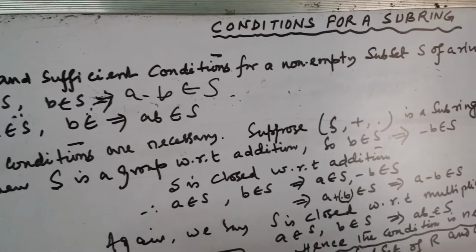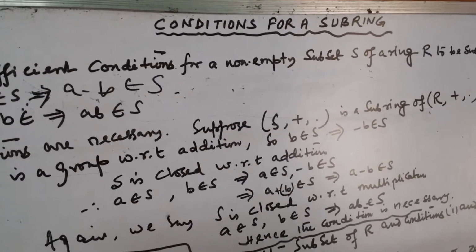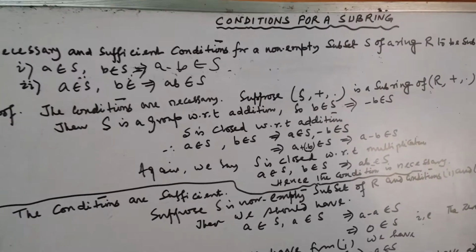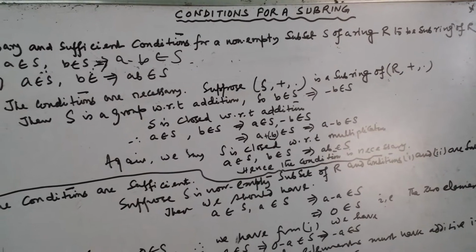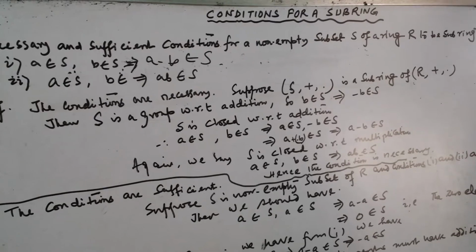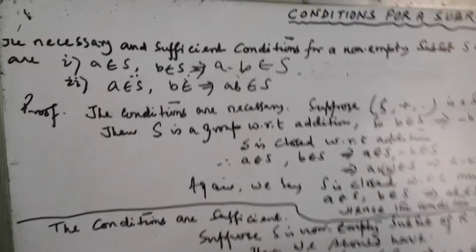Today I teach you the condition for subrings and another. If S1 is a subring and S2 is a subring, then their intersection S1 intersection S2 is a subring. So my first